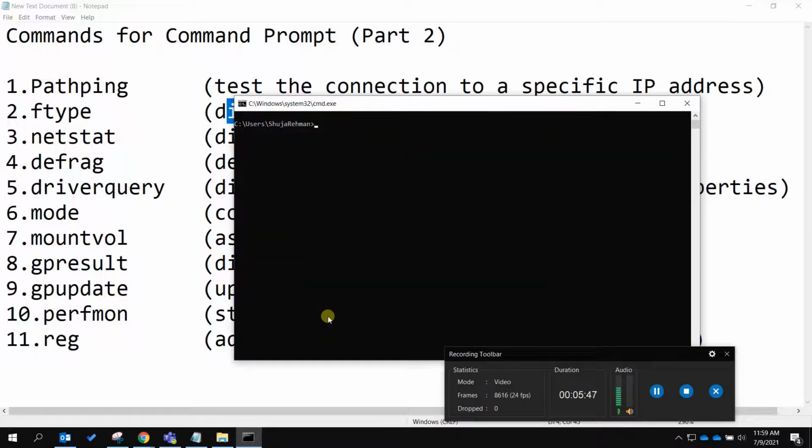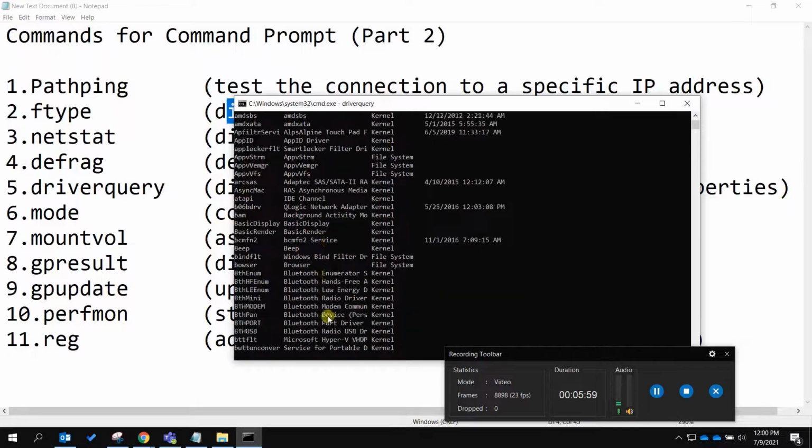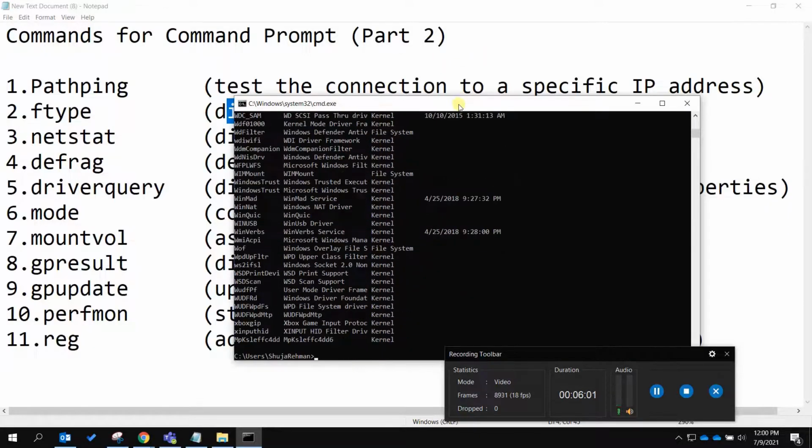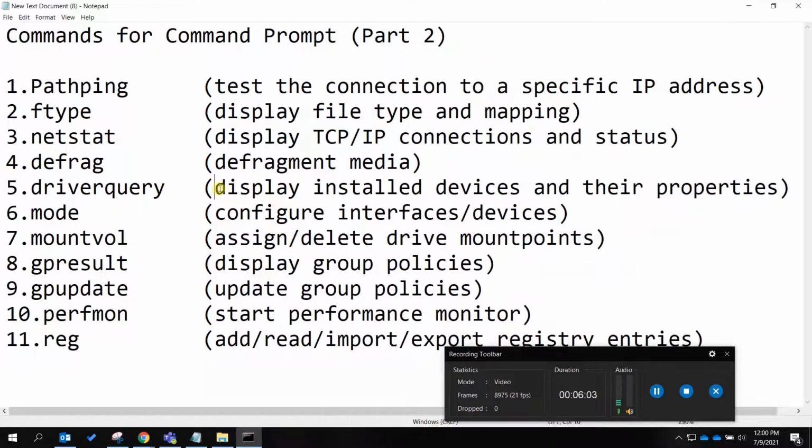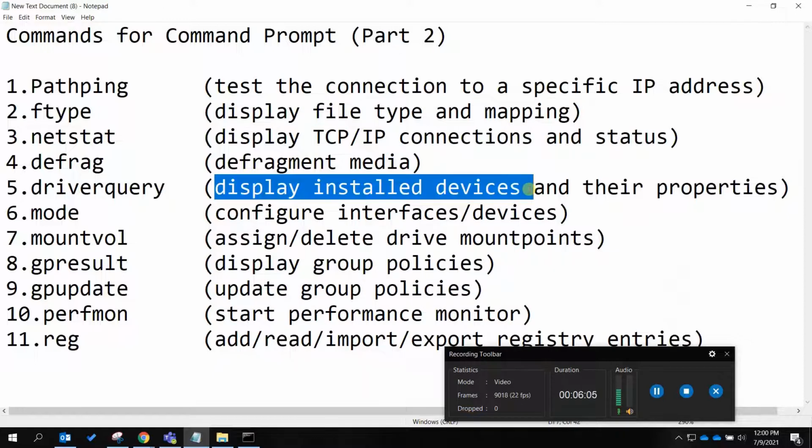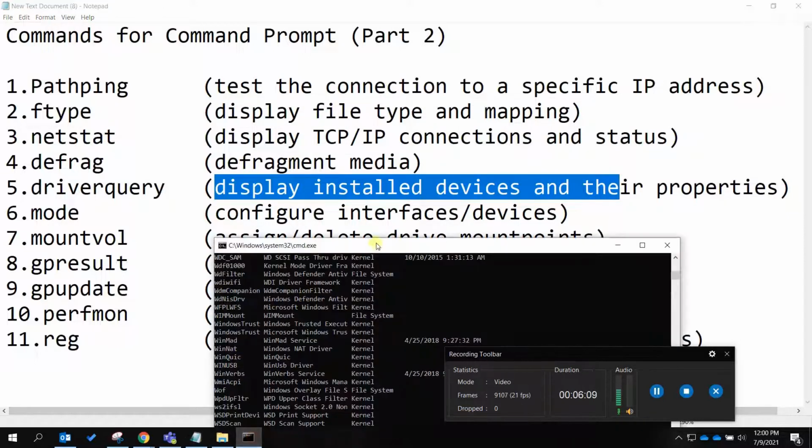Driverquery. This command shows you all the drivers in your laptop and their queries. Here it displays installed drivers, devices, and their properties. All these things will show in your command prompt.